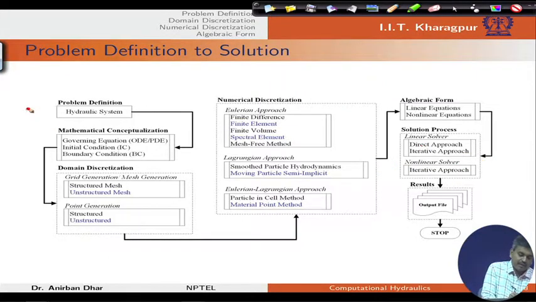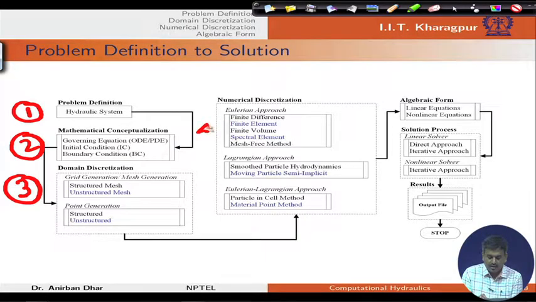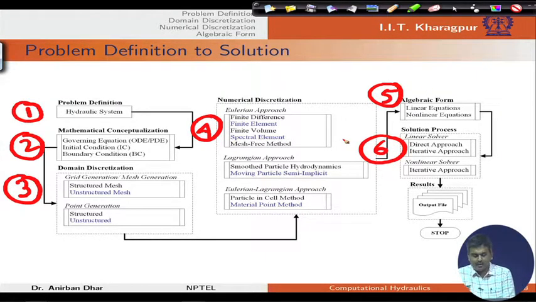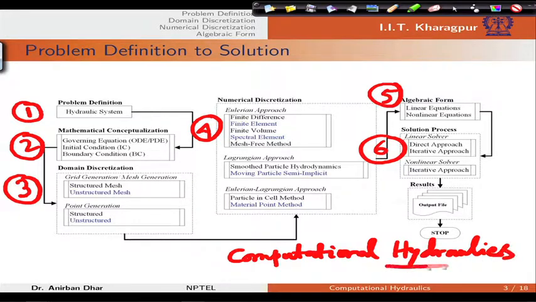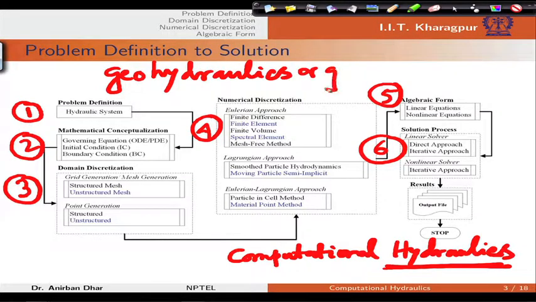So, we have covered the problem definition, mathematical conceptualization, domain discretization, numerical discretization, algebraic form and solution process. We have already completed these 6 steps. Now, our objective is to apply this framework to specific problems. This course is computational hydraulics, so in this hydraulics we will be covering geohydraulics, or groundwater hydraulics,